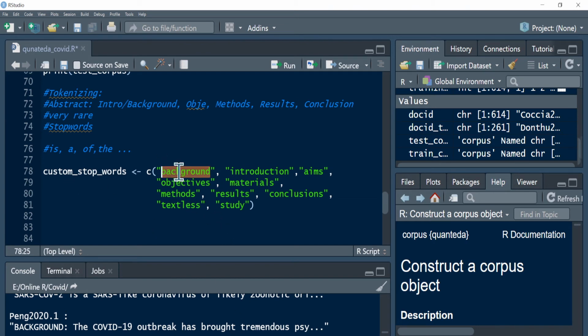I don't want background, introduction, aims, objectives, results. Maybe materials I can keep. Sometimes people write it as materials and methods, but sometimes materials may represent a different concept in an abstract. So let me just remove methods, results, conclusion, and I'm using this textless because